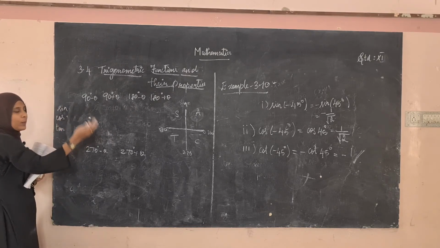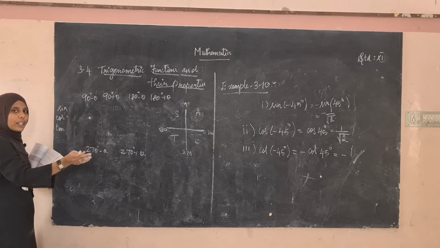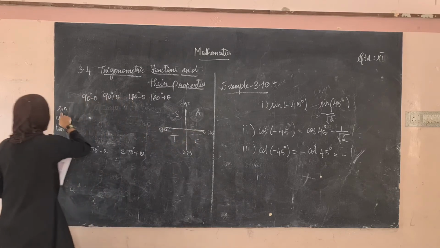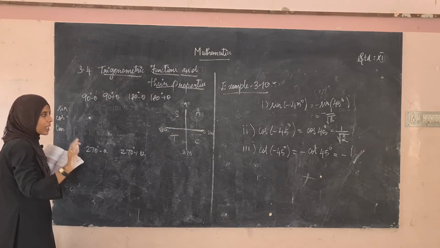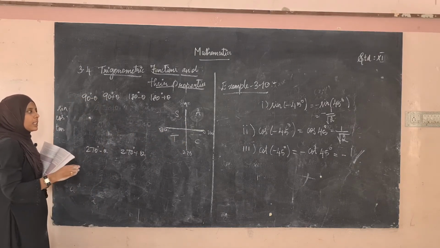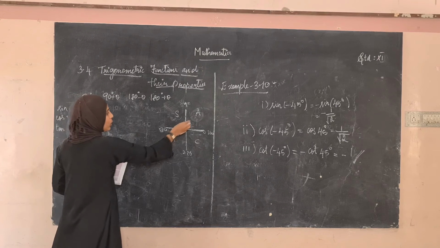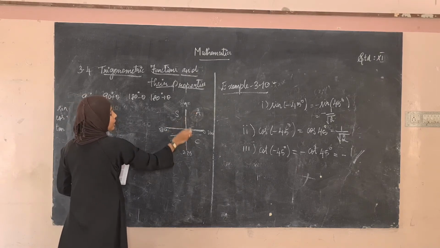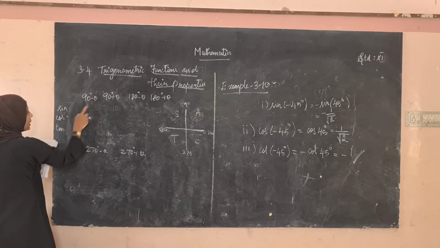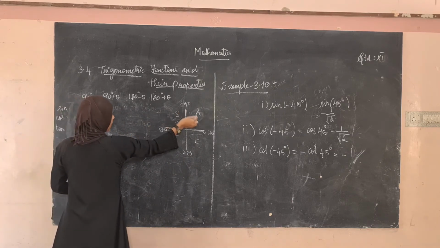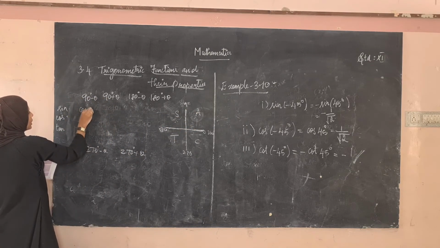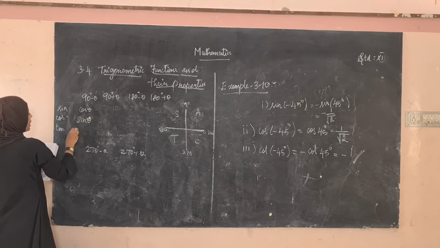Sin stays sin, cos stays cos, tan stays tan. For this line, for 180 and 360, there are no changes. Only for 90 and 270 is it possible. And for the other negative signs we will use the format all silver, that is, all students take chocolate method. See, sin 90 minus theta: 90 minus theta is here, everything is positive.